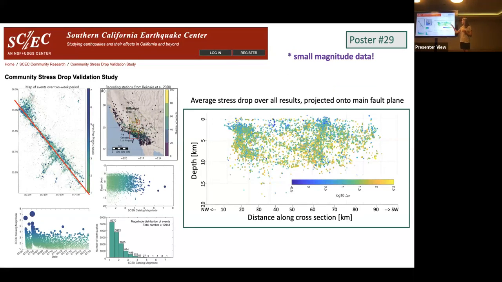And this is just the average stress drop projected onto the main shock fault plane, which is obviously a huge approximation, but just rotated in that direction. And then the question is, can we start to see patterns in stress drop? We can sort of see here, yellow is the higher stress drop and blue is the lower stress drop. Maybe there's depth dependence, we can account for that, but are there along strike variations in the stress drop? So these are questions we hope to answer in a little more detail with the